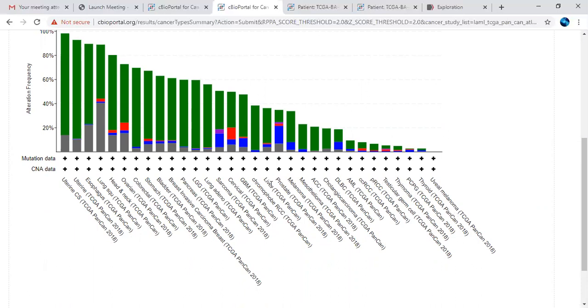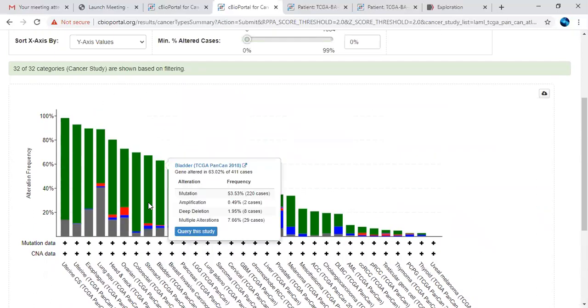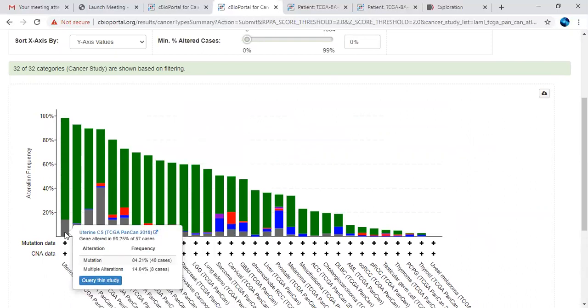So here they are showing prostate cancer, lung cancer, breast cancer, and so on. So how many cancers and how the data has been altered with respect to the search option. Here you can see the alteration frequency and mutation count of the query study which we have given.